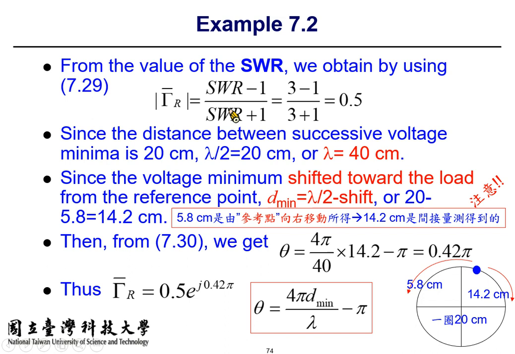The voltage minimum shifts toward the load. Toward the load means toward the right. To the right from the reference point is 5.8 centimeters. Therefore, the actual d minimum value should be 20 minus 5.8, which ends up as 14.2 centimeters. Okay, so